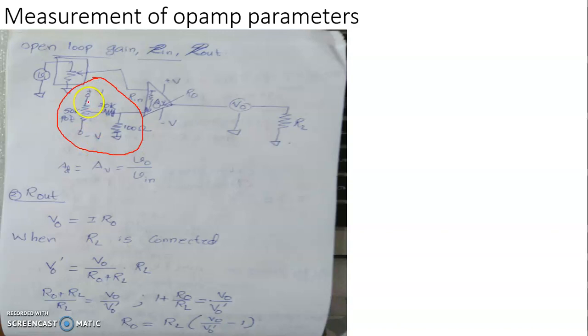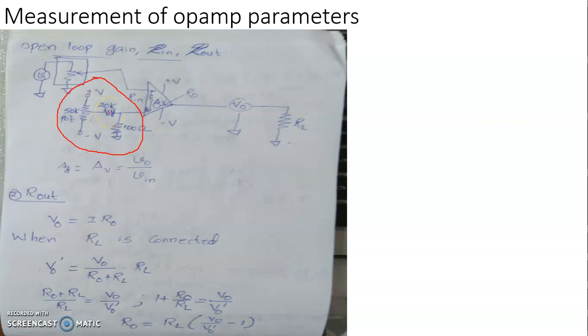For this, we take a 50K pot meter. The ends of this pot meter are connected to the plus VCC and minus VEE end, so that any voltage value from plus VCC to minus VEE can be taken by moving the wiper of this pot meter,